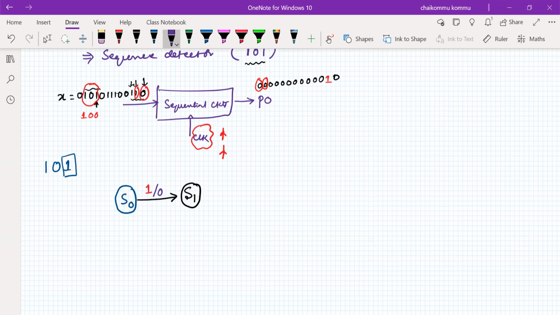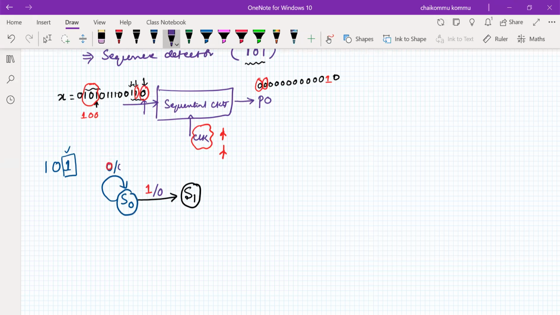Now what if, in the S1 S0 state, 0 has come? So 0 has come, then the system cannot change its state. It remains in the same state. Why? Because 0 is not detected. 1 is a valid bit, but 0 is not a valid bit because the sequence is started with logic 1. So for this one, if it is 0, the output is equal to